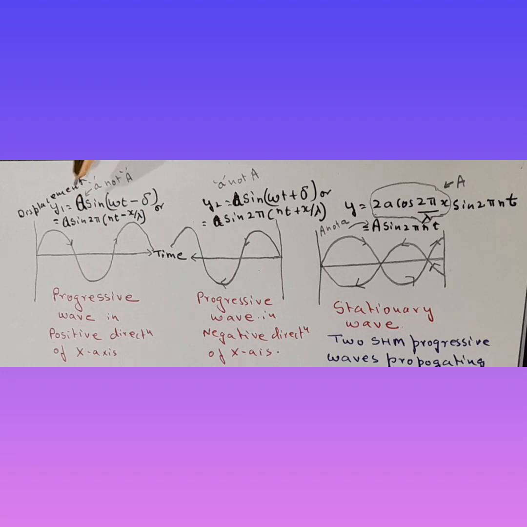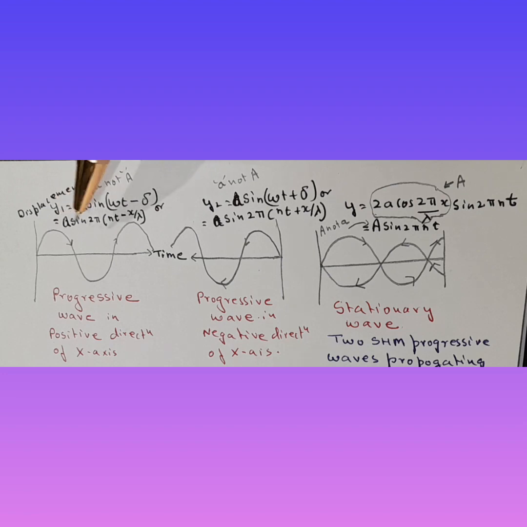So this is small a, not capital A. I had written capital A here by mistake, but we have to assume it to be small a, because capital A is going to come later on. Otherwise there would be confusion between the amplitudes of the individual progressive waves and the stationary wave. So y1 is equal to small a sin(ωt − δ), where δ is the phase,